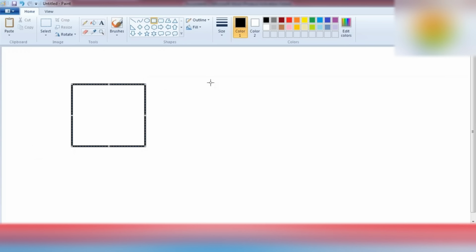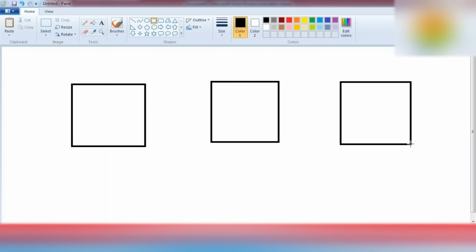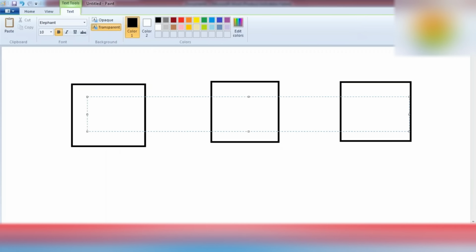So model, controller, view. Let's suppose these are the three things you have. This is your model, this is your controller, and this is your view.